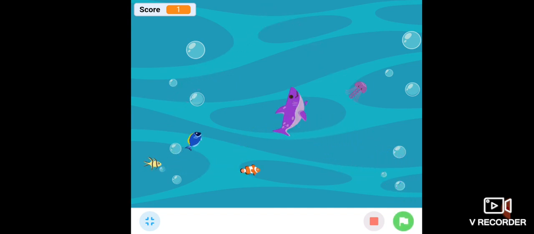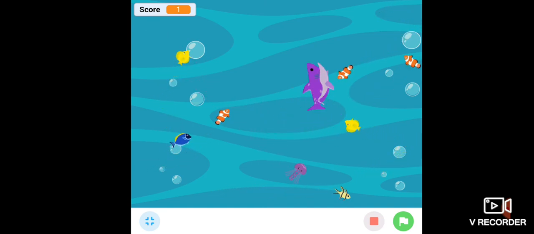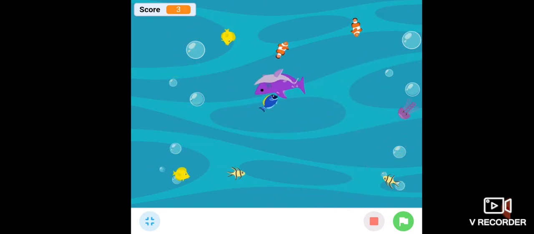Look at here. Whenever our shark eats the fish, our score is increased. But when it touches the jellyfish, our score is set to 0 again. Okay. Now the game is